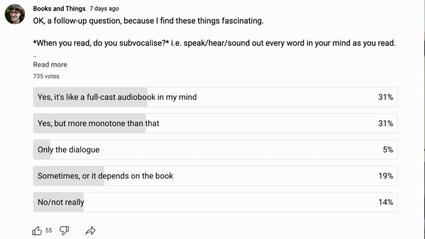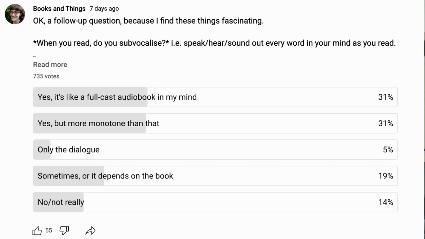It also kind of makes sense that you would subvocalize the dialogue, because those are the bits that are said aloud in the text, so they are kind of different. I guess it's actually quite a similar percentage of people who said they subvocalized as said they have a very vivid visual imagination. Maybe I need to put a poll up to see whether there's a correlation, or indeed a negative correlation, between subvocalizing and having a visually vivid imagination.